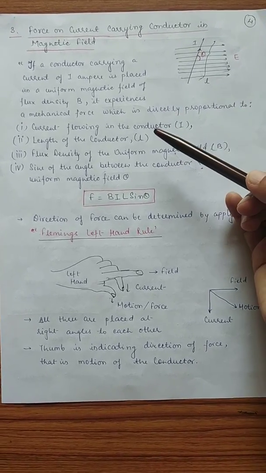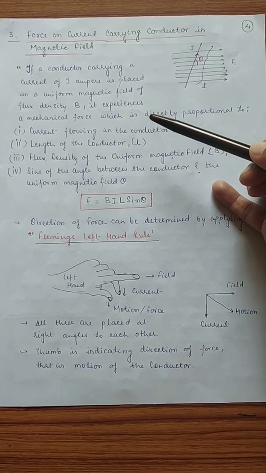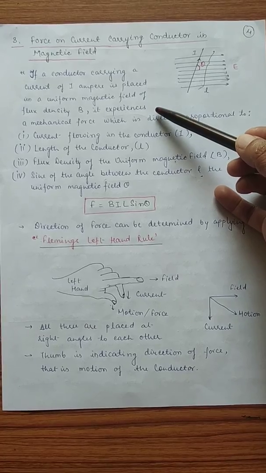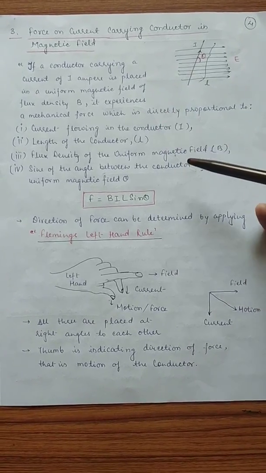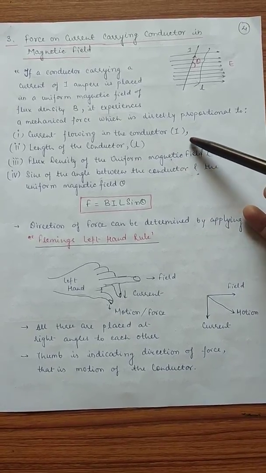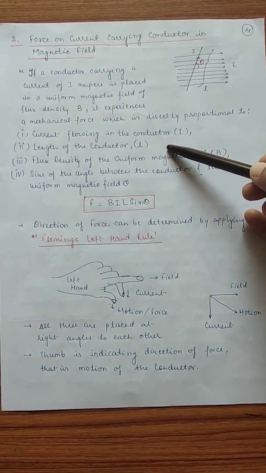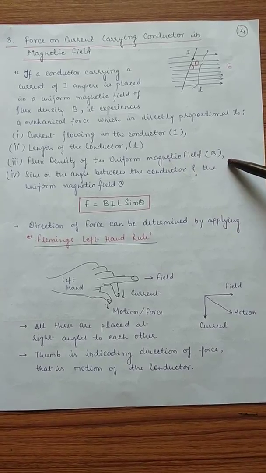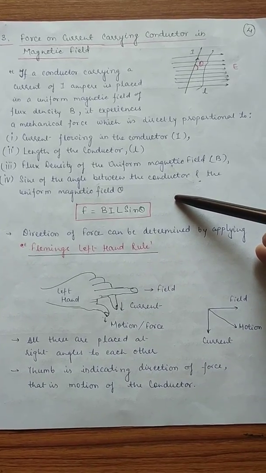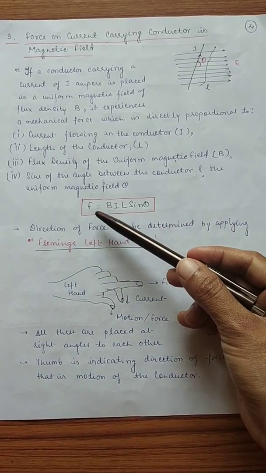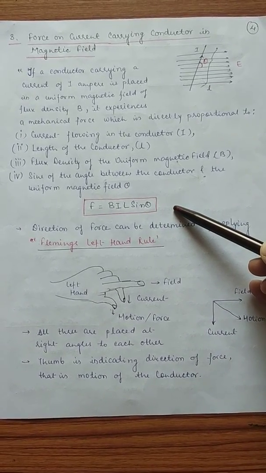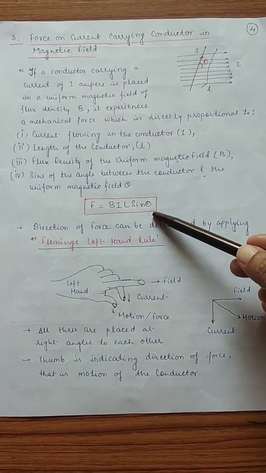So the current carrying conductor in a uniform magnetic field of flux density B experiences a magnetic force, and that magnetic force is directly proportional to the current flowing through the conductor I, the length of the conductor small l, the flux density of the uniform magnetic field, that is capital B, and the sine of the angle between the conductor and the field, that is theta. So F is equal to BIL sine theta. This is the formula for the force on a current carrying conductor,